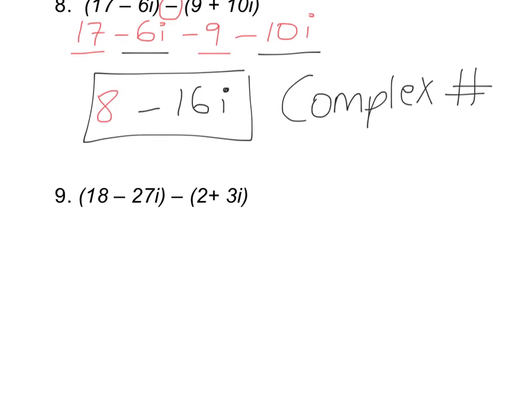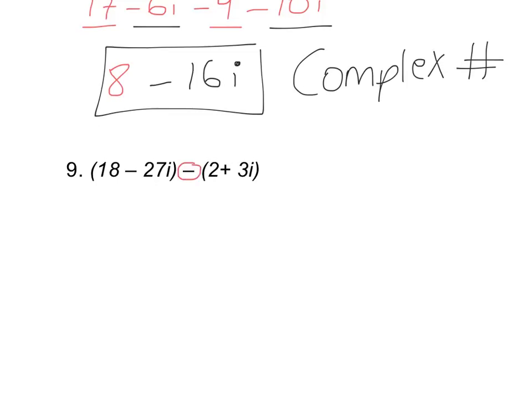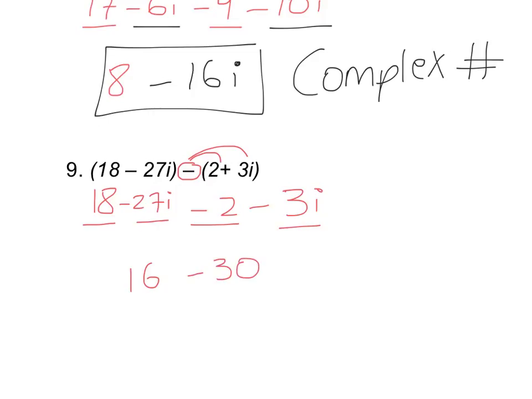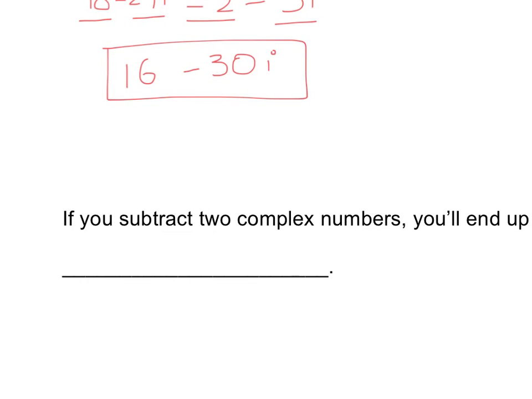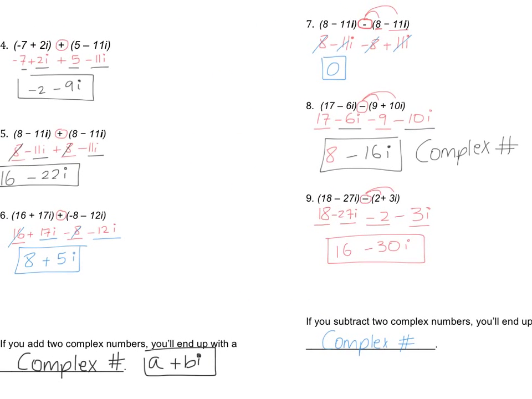Let's move on to number 9. Since I have a negative between the parentheses, I will distribute the negative. And I will just copy the first one down. Combine like terms. 18 minus 2, that's a 16. -27 minus 3, that's a -30i. And that's another complex number. So when you subtract two numbers, what will you end up with? You will end up with a complex number, unless you are subtracting a number from itself, of course. So that's how you add and that's how you subtract